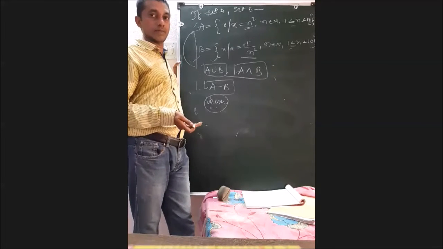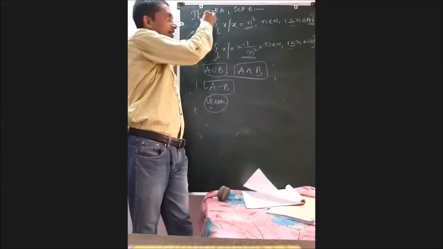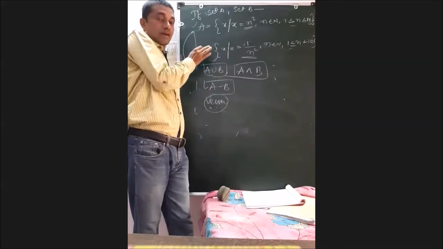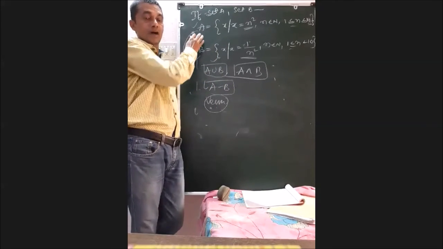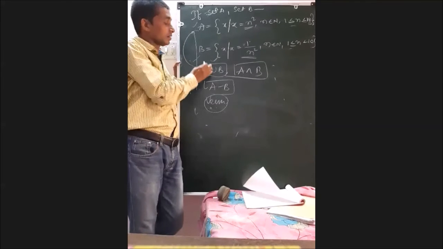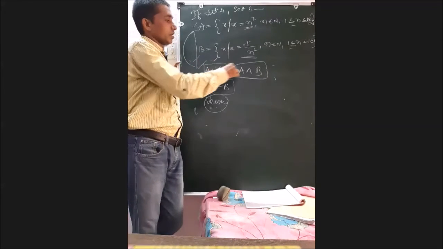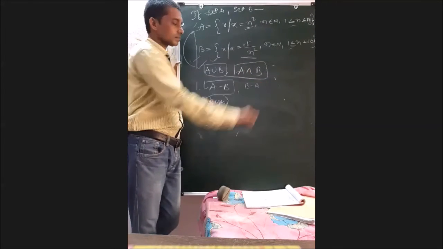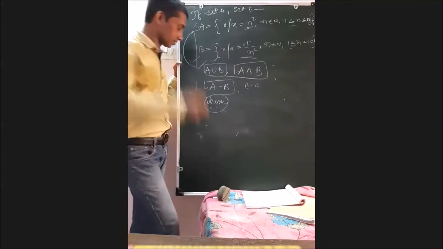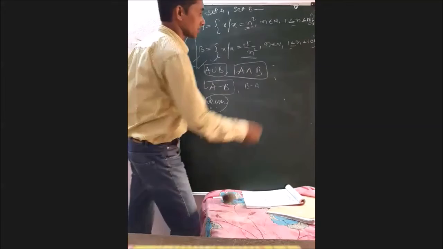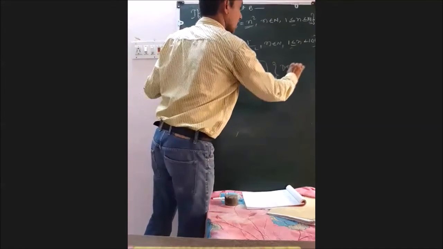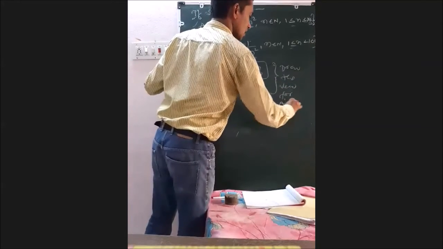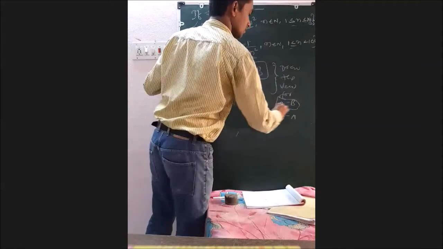Once again, shall I explain? Yeah. So another question, same concept. The questions will be like this. Whatever question you come across in sets, almost all will be in the set builder form. One question will be like find A union B, find A intersection B, find A minus B, or B minus A. Then they will ask to draw the Venn diagram for A minus B and B minus A also.